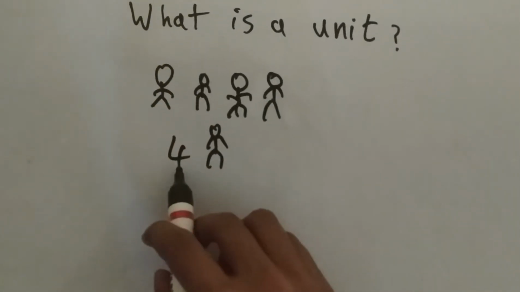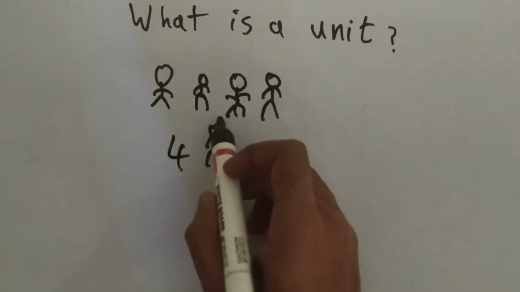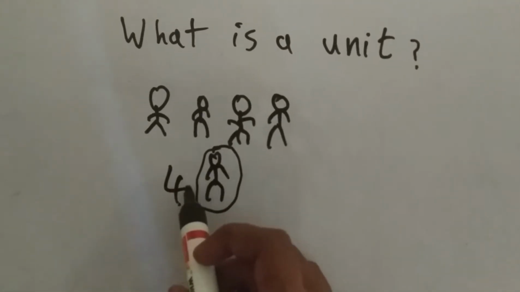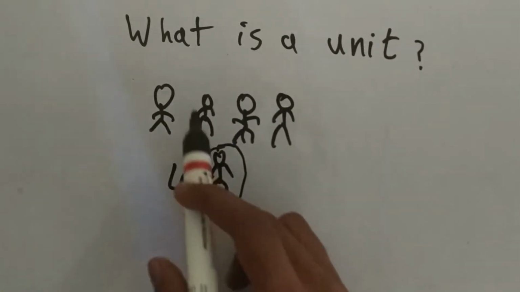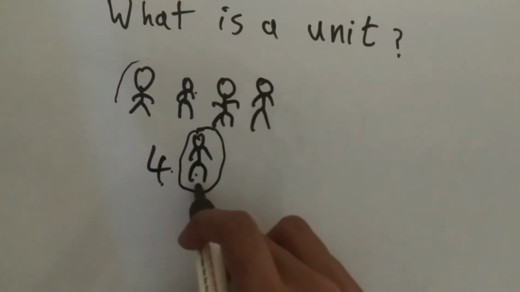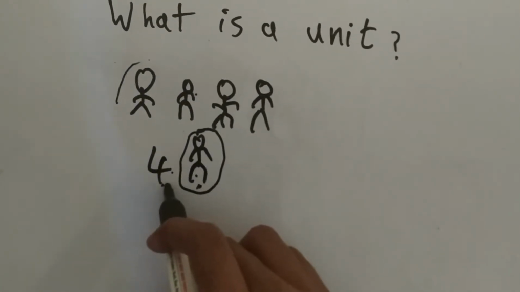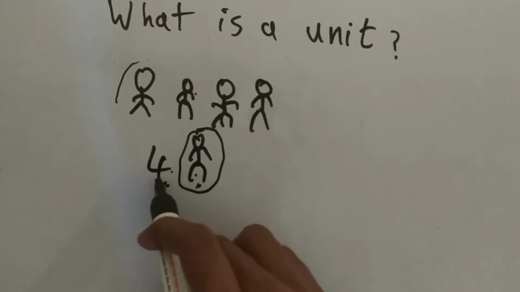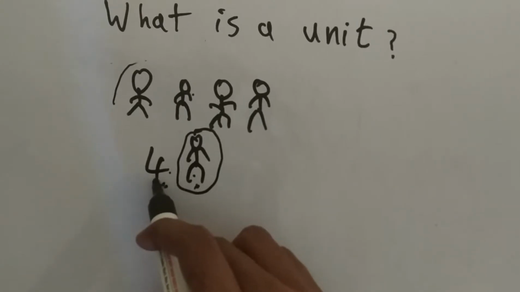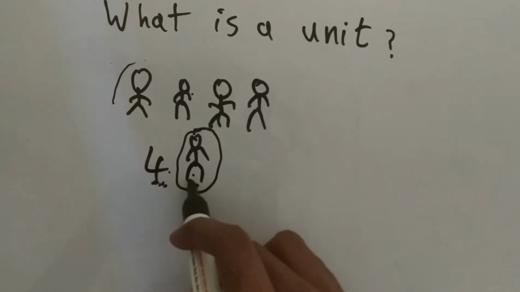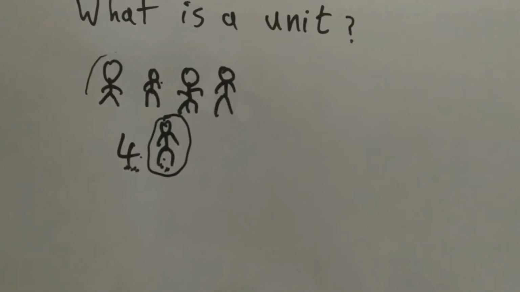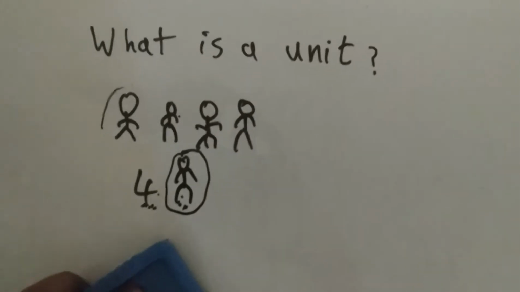Now here 4 is just a number. Human is a unit. So that means 4 is a number, and you are multiplying 4 with human. That gives you 4 humans. 1, 2, 3, 4, 4 humans. Here human is a unit. 4 is a number which defines and compares your measurement. With 4 you are multiplying human, so you get 4 humans. 4 is a number, human is a unit.